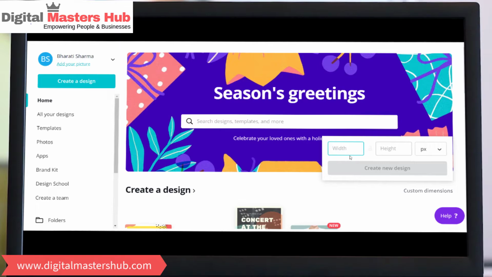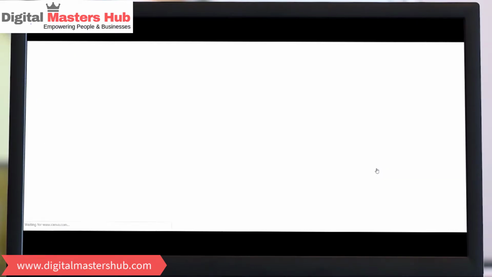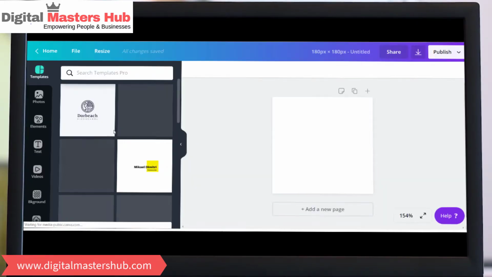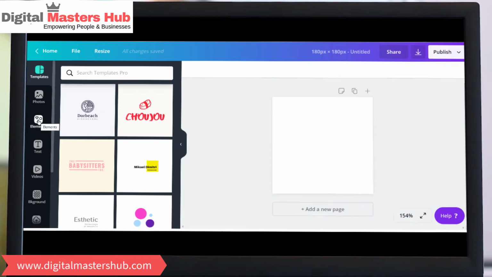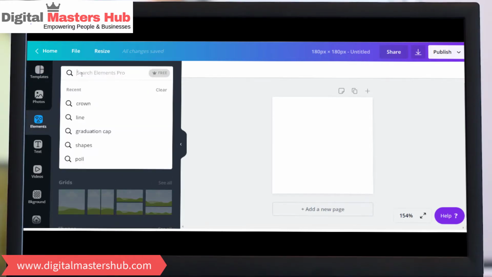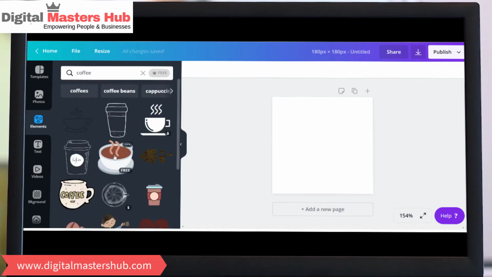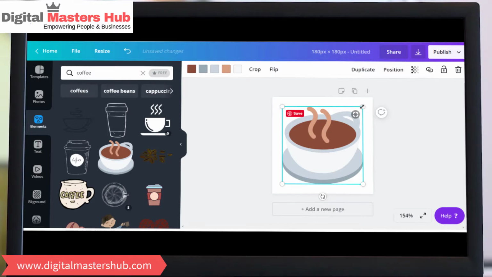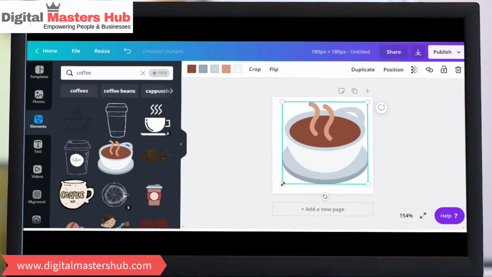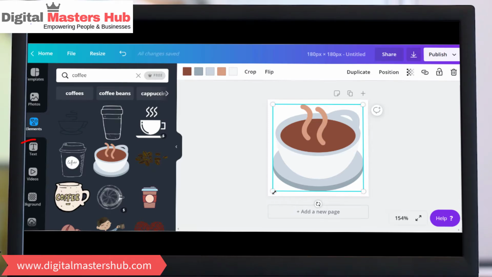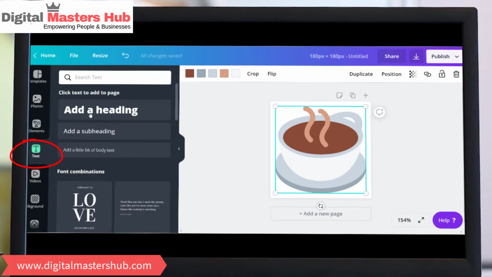To create an image, go to canva.com. On Canva, click on Custom Dimensions. Give the value 180 by 180 pixels. Then click on Create New Design. Once you have a canvas, from here choose any image or icon that you wish. You can also upload your own image if you want under the Upload section. After selecting an image from here, you can also add some text and customize your image. To add text, click on the letter T on the left side and choose text and write whatever you wish.